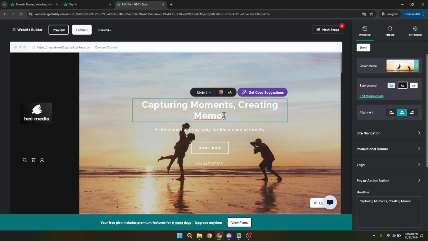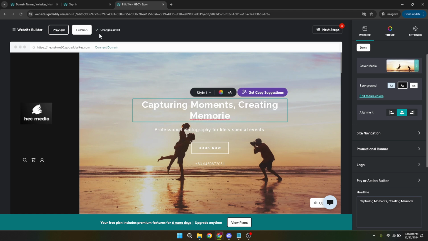Now, as you're making changes to your site, you might be wondering where the save button is. Here's the cool part. GoDaddy's website builder features an auto-save function. This means that as you make changes, the system is continuously saving your progress automatically. You can see this function in action by hovering over the top ribbon of the website builder. This feature ensures you won't lose your work due to an unexpected exit or a system error.